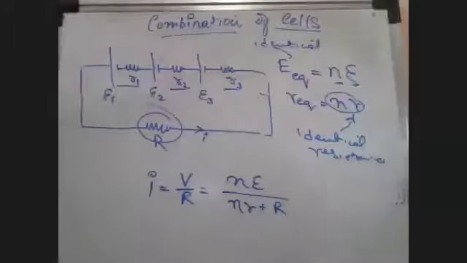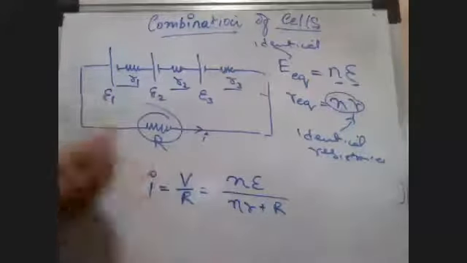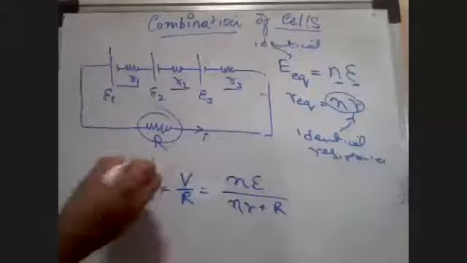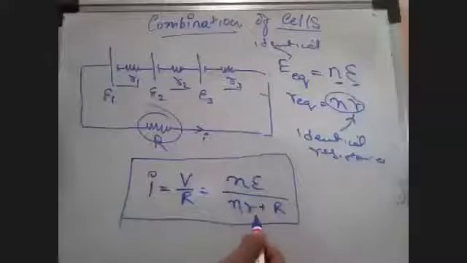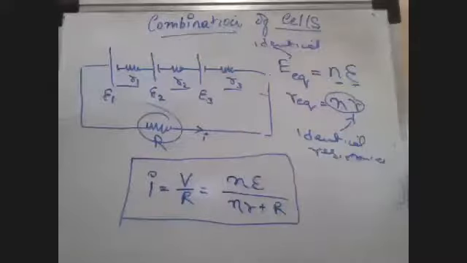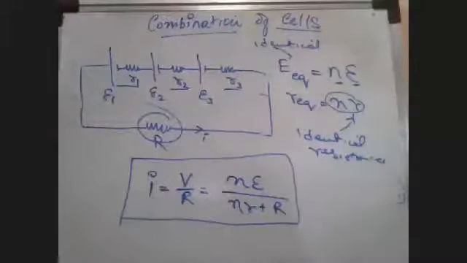And this N times r and capital R are basically because they are all in series together. Okay, they are not parallel. So we get the current to be having an expression which is N times epsilon upon N times small r, that is the internal resistance, plus capital R, which basically can be a load resistance. So in this case, we find out two solutions for this expression. Two solutions for this expression. That is, if I say that the resistance which I have connected here, let's suppose it is some load resistance, some appliance which is having some load resistance.